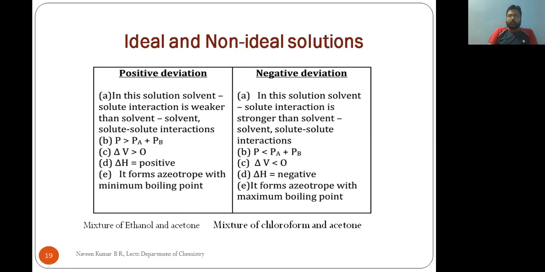Now, as we know, hydrogen bond strength is greater when compared to dipole-dipole interaction. Once we mix these two, the attractive forces will become weaker than the hydrogen bond strength. As a result, in the resultant solution, the new attractive forces are weaker than the solute-solute or solvent-solvent interaction. Hence this will form a positive deviation showing solution. So think with the nature of the molecule and attractive forces to understand the type.